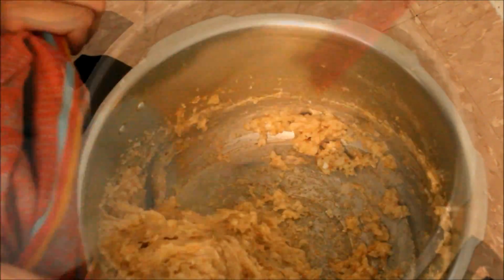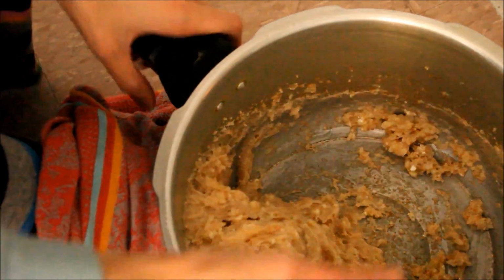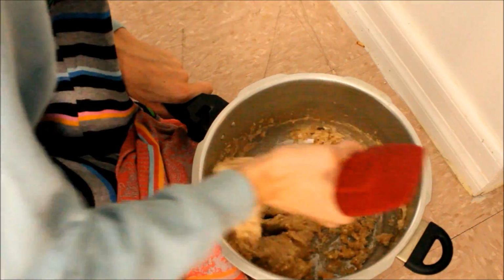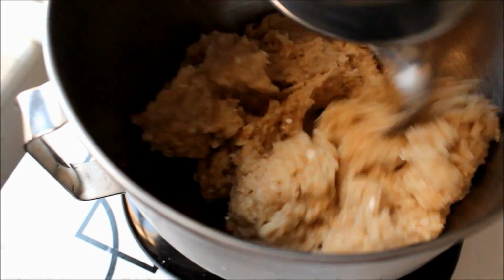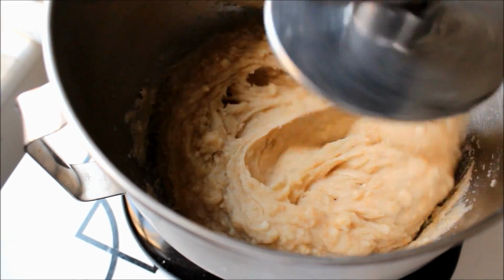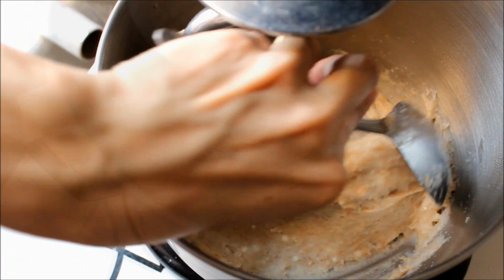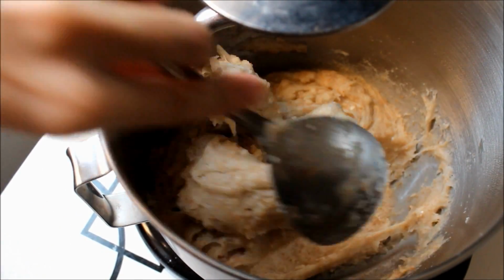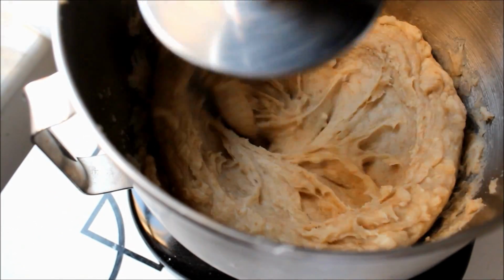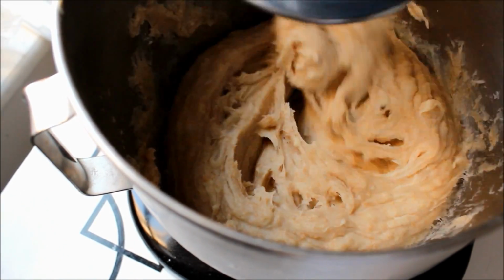You can put a towel next to the pot because it's going to be hot and it might burn you. Also, if you don't want to do it by hand, you can use a mixer and a dough hook. And this will really take all the work out of making Aseeda because it's so easy just to knead it with the dough hook. This takes about 10 to 15 minutes of kneading until the dough is completely smooth and